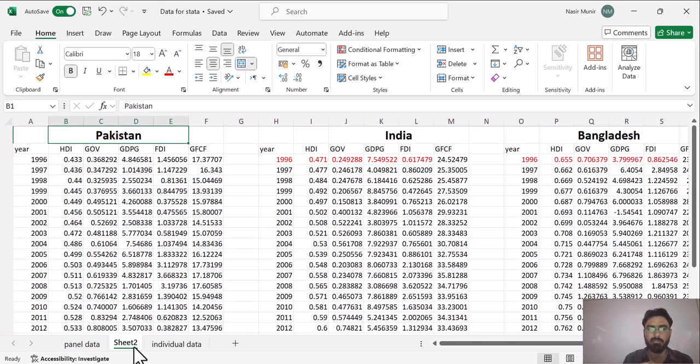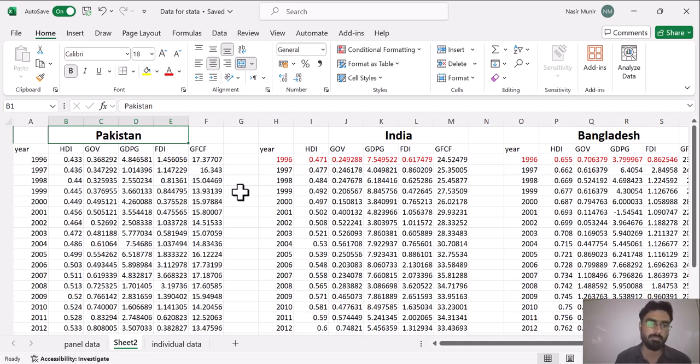But in case of time series data, an individual column represents an individual country's data for different periods. In case of panel data, only one column represents the indicator for all countries, whereas in time series data, different columns indicate the different time series for different countries.